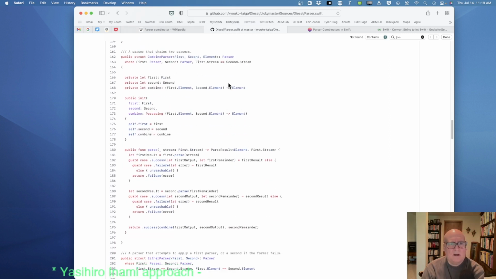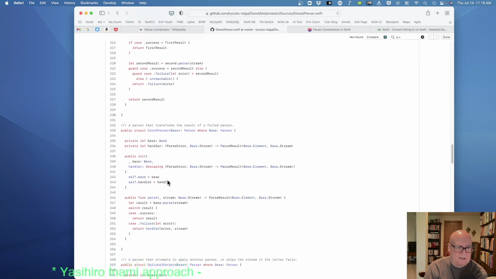Here's, okay, combine. Oh, interesting. Well, that's not quite what we need. I'm still the array stuff sticks in my head. Like if you have a parser that produces a type X followed by a parser producing type X, I would like that to be a parser that produces array of X. And we didn't make that happen.